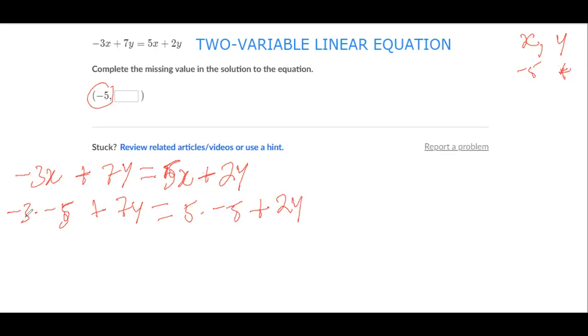So in this case, we're going to have minus 3 times minus 5. It's going to be what? Plus 15. It's going to be plus 15, but we don't show the plus, because when it's positive we don't show it. When it's negative, we show it, right? So we're going to have 15, plus 7y